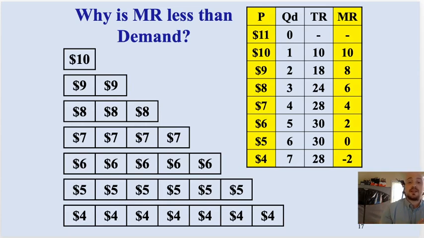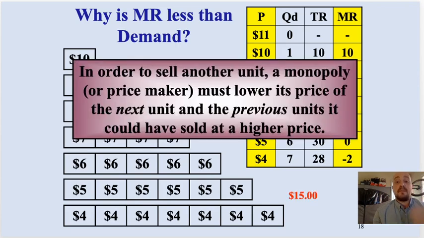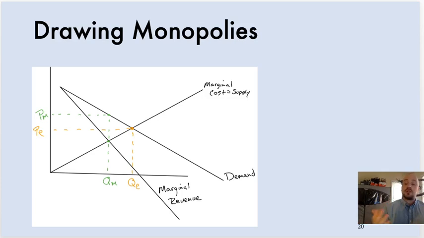These numbers, the price and the marginal revenue, they're not equal to each other. And that's why we have that split marginal revenue and demand line, because the price and the marginal revenue aren't equal to each other. As they lower that price, they have to lower it for everybody else, which means that their revenue increases at a slower rate, which means their marginal revenue decreases. And so what is the main difference? The marginal revenue is simply less than demand, which is why you have that split demand and marginal revenue line.